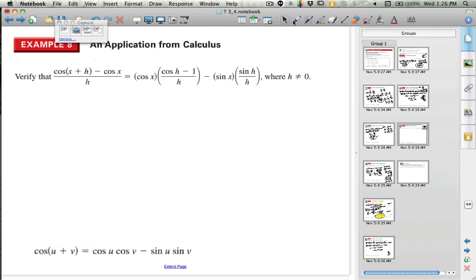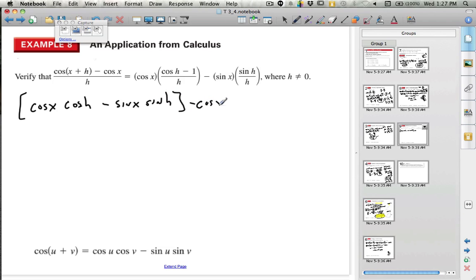All right, so I'm going to change this side here in this manner. So I know that I'm going to have cosine of x times the cosine of h minus the sine of x times the sine of h